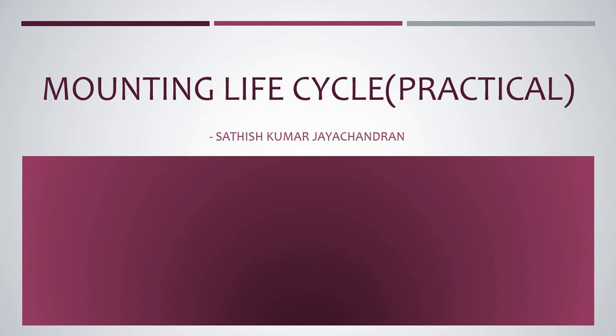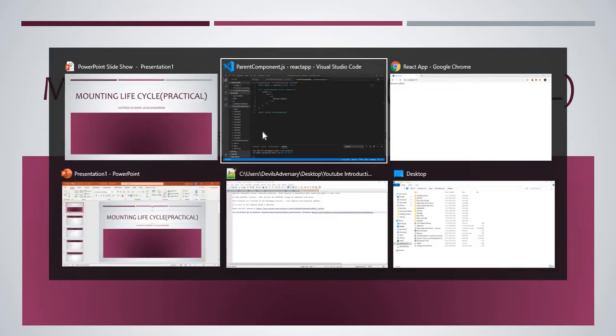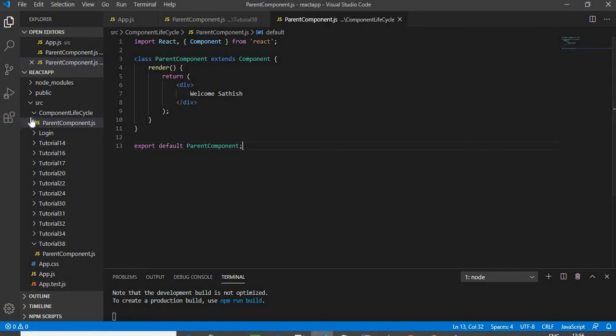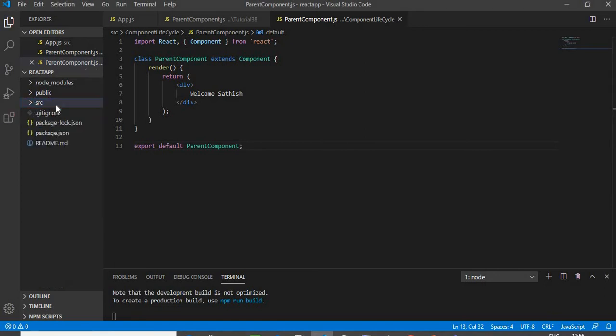So let me go into the Visual Studio Code. In Visual Studio Code, I'm going to create a new folder and I'm going to name the new folder component lifecycle.